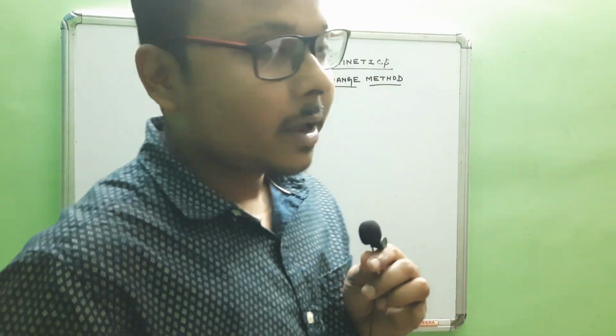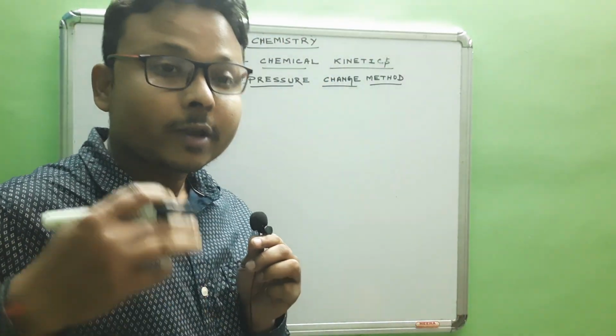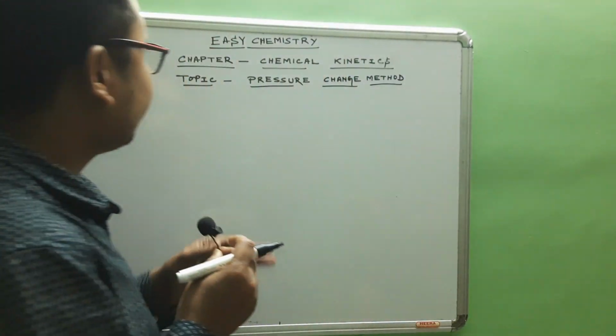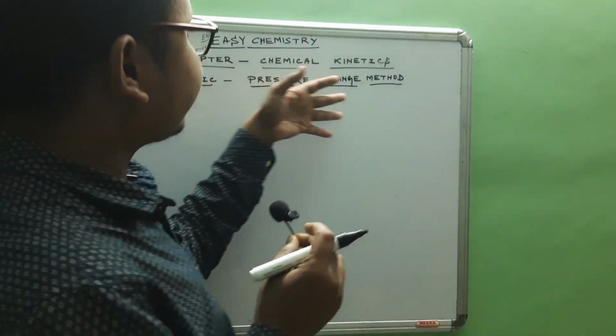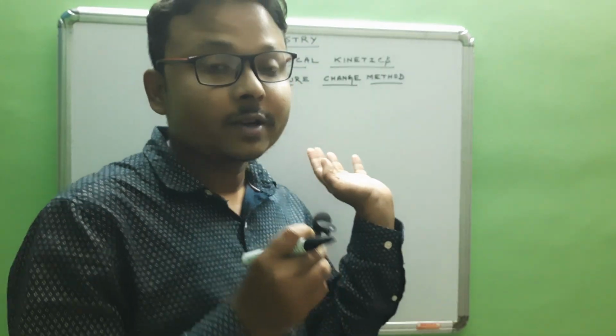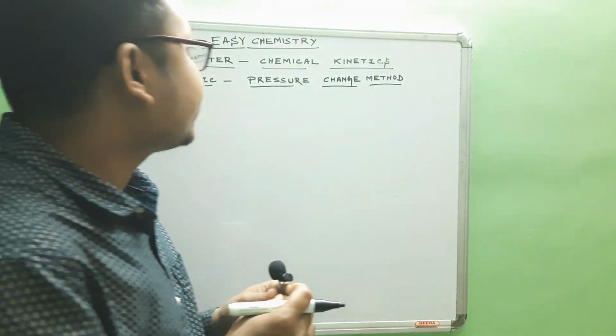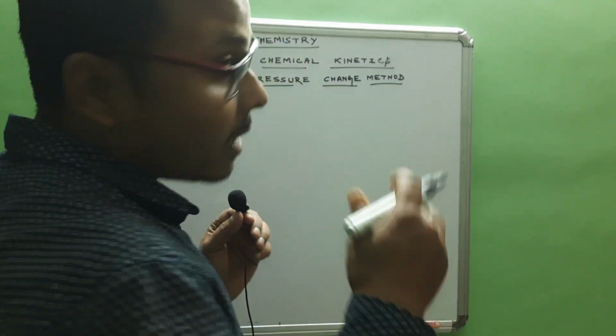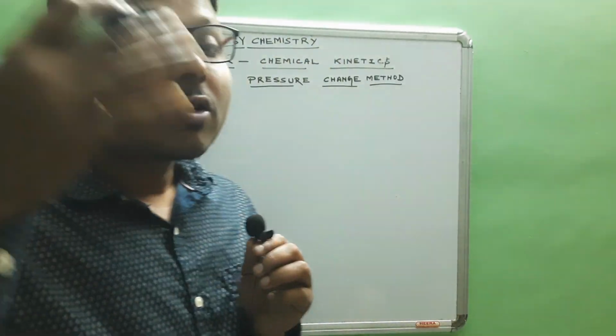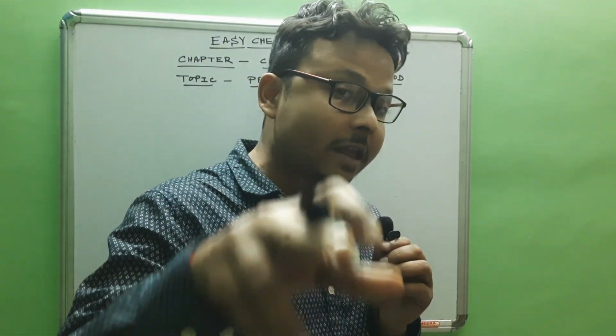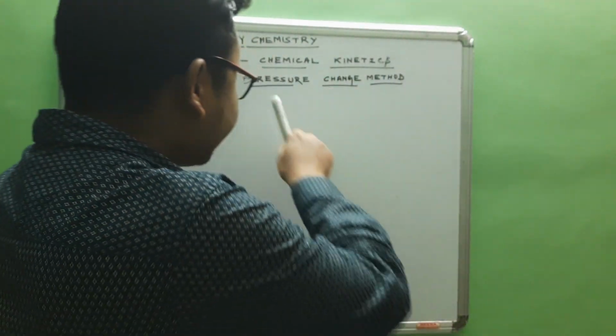We meet here, and today we are going to discuss the topic that is pressure change method. Pressure change method of what? That is pressure change method to derive or to deduce the rate constant of a gaseous reaction. Particularly, to be very particular, it is a gaseous reaction. The pressure change method